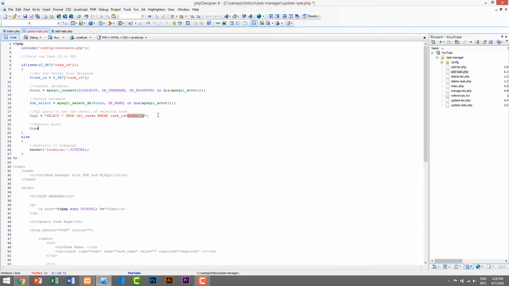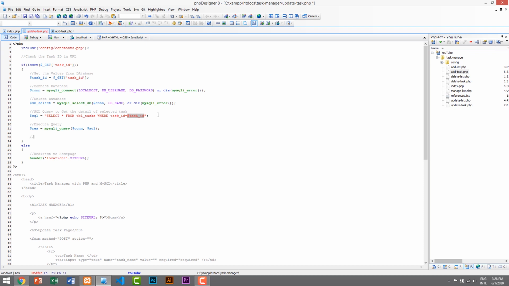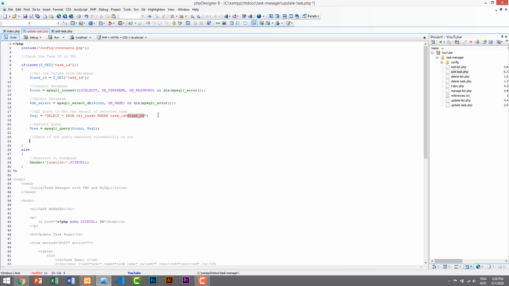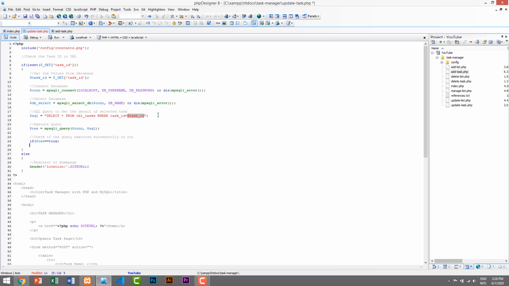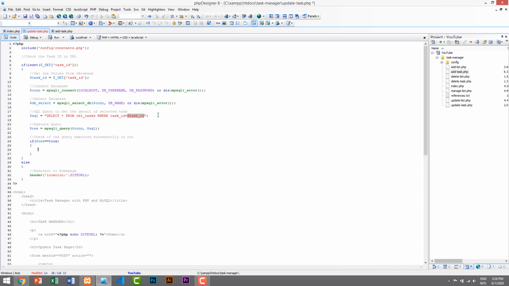So $res is equal to mysql_query, and here we need to pass the database connection, and then we'll pass the SQL query, which is $sql, and then we will check if the query executed successfully or not. If $res is equal to true, which means the query executed successfully,